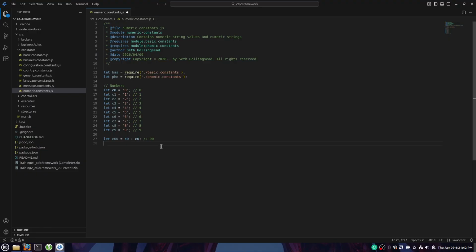Let C01 equal C0 plus C1, 0, 1. And just keep going. Let C02 equal C0 plus C2, 0, 2. And we're going to continue to do that all the way up until we get to